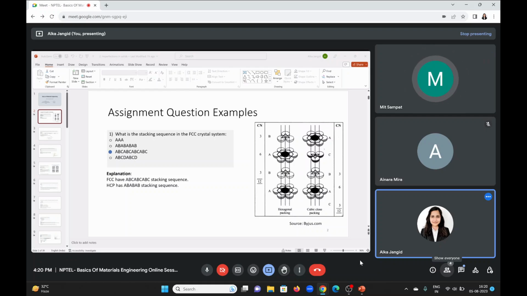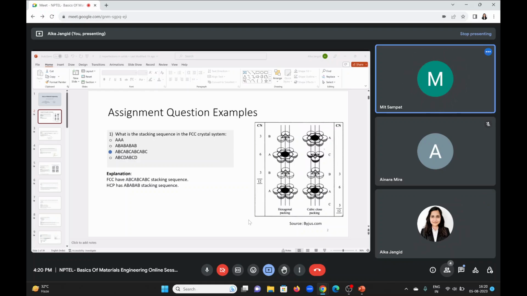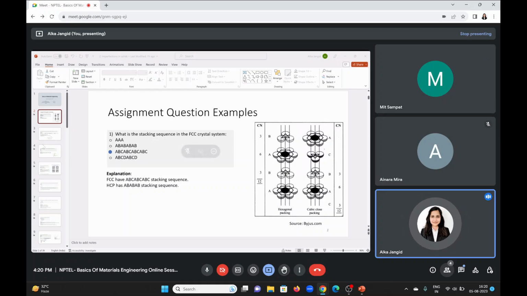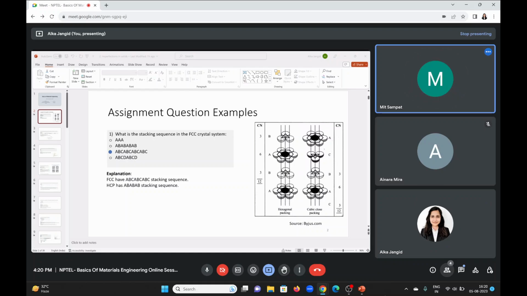So last is, what is the relation between crystallographic direction and the physical property of the material? Okay, crystallographic direction. So slip directions you understand, right? Slip direction, slip planes. No? Okay, so for example,